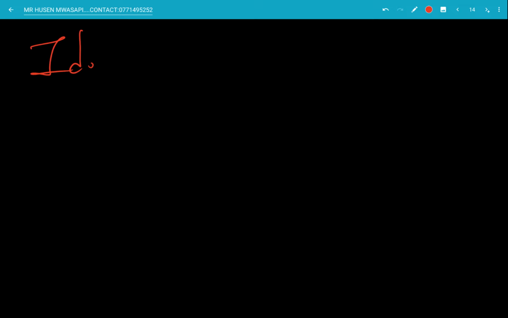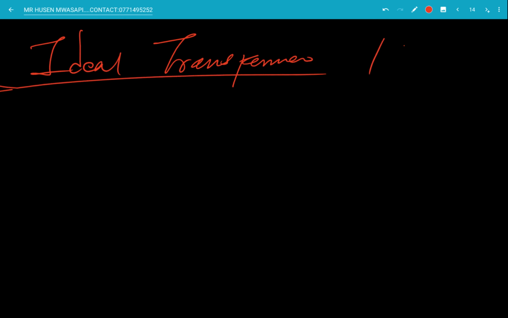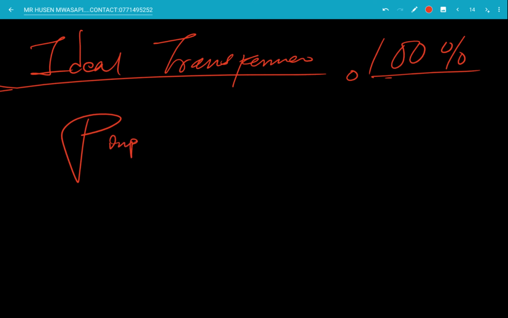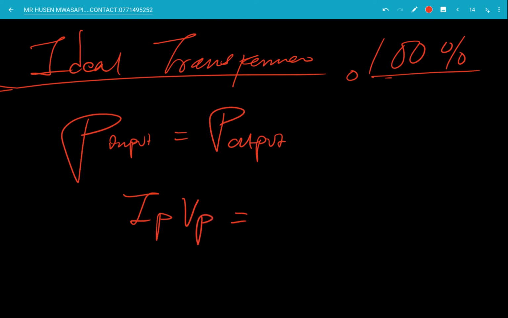An ideal transformer is simply a transformer that is 100% efficient, which means it has no energy loss. So this means that the power input is equal to the power output. Now this implies that you have the formula IP over VP being equal to